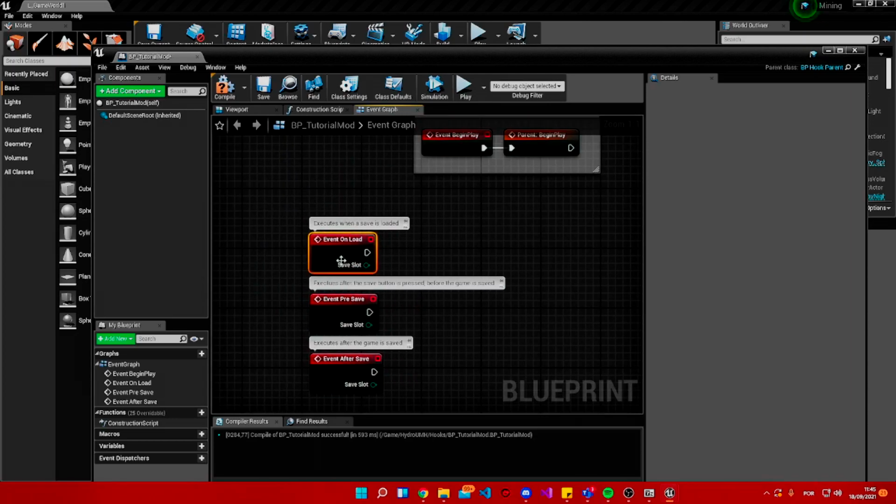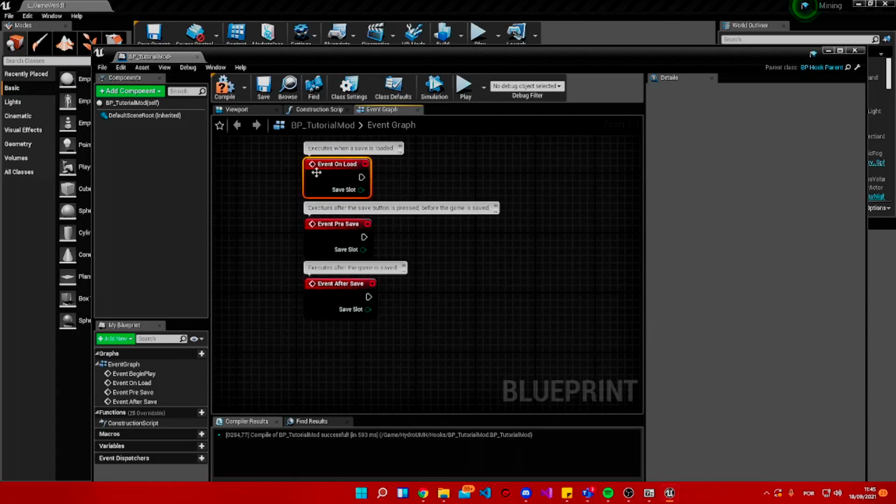This one is invoked when we go inside a save. So when we start, when we click load save. And this one is before the saving starts, and this one is after the save. So what we can do, for example, here is load settings or whatever we want from our mod to start work when we actually start playing,